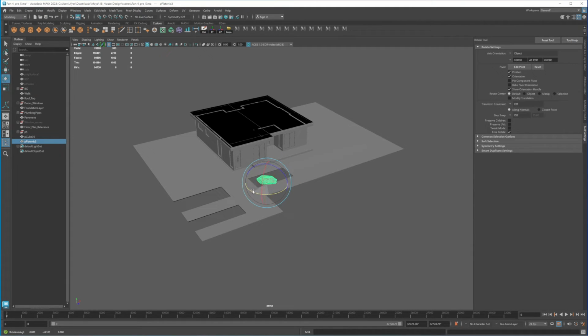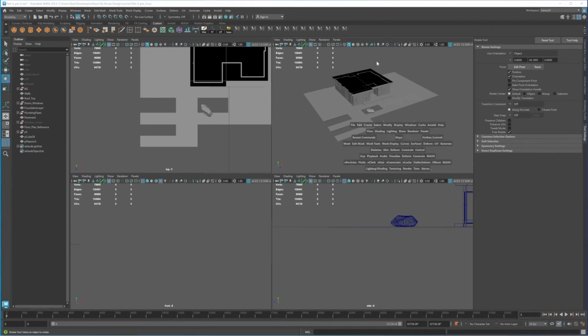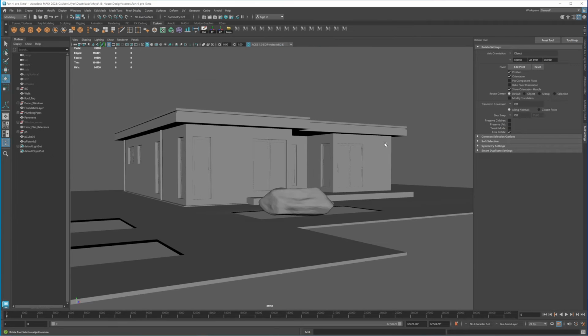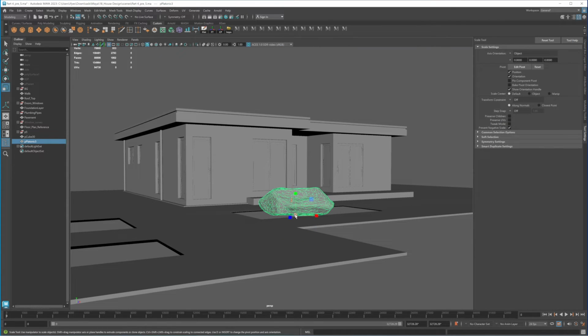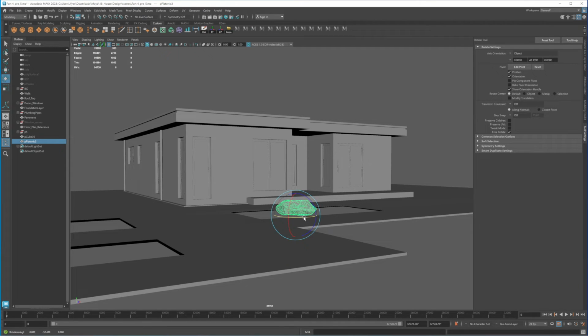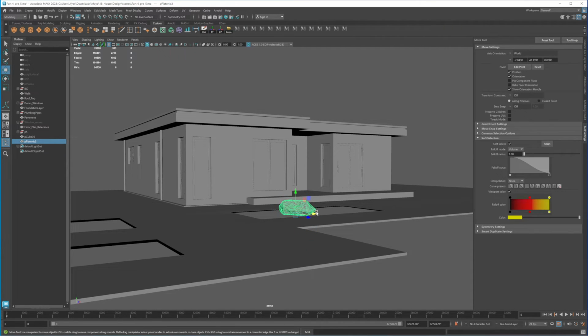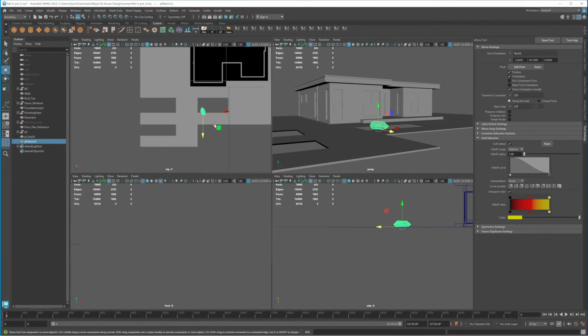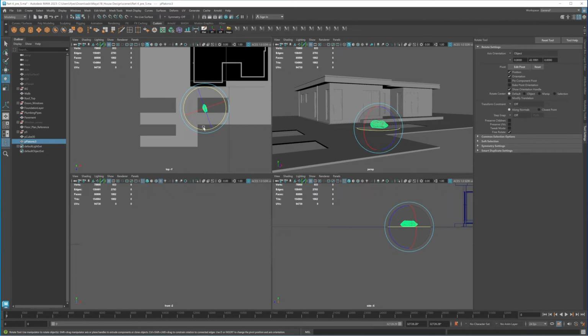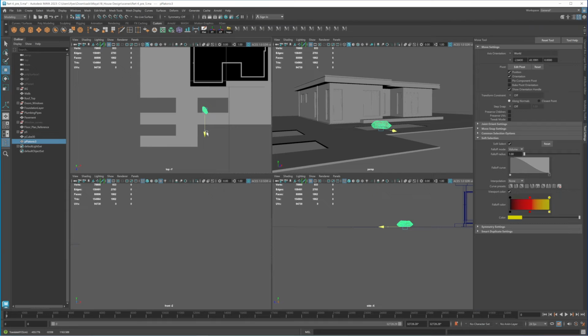Maybe rotate it. Let me see from our, definitely too big. Rotate it a little bit and move it. Let me do this from the side view, from the top view, sorry. I think I want to rotate it a little bit more, like so, and bring it out here.